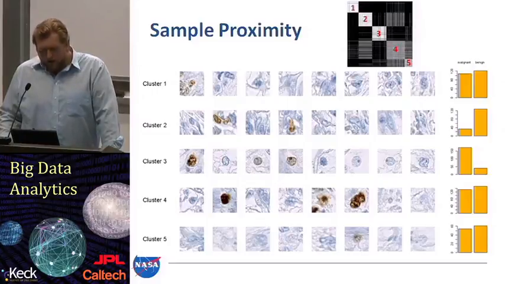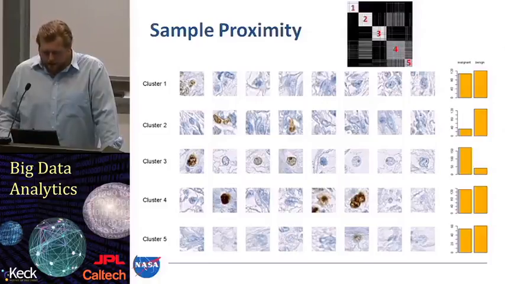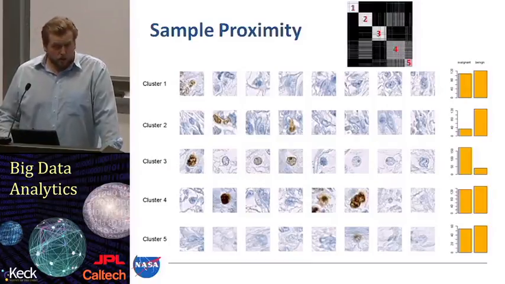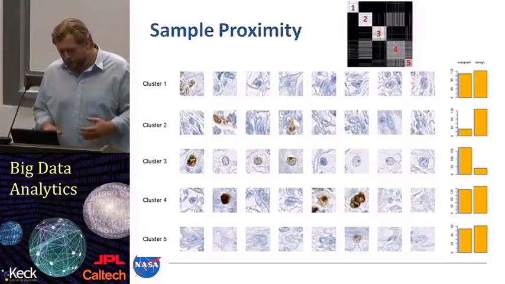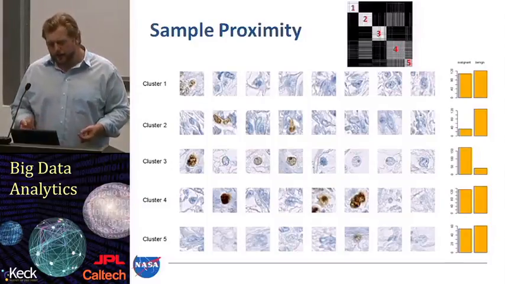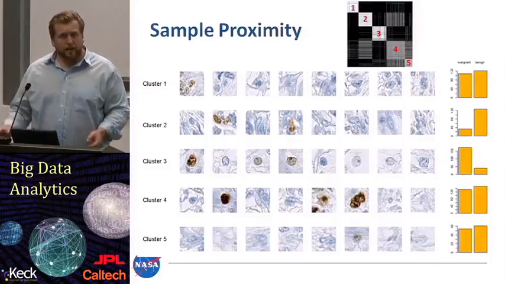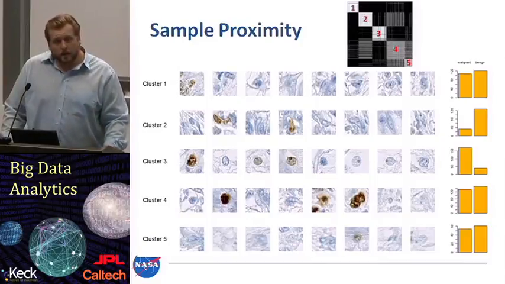For example, 4 and 5, these clusters are very mixed, so you have completely different classes in these clusters, malignant and benign, and as you can see, these patches look quite chaotic. And it's even for experts quite often hard to decide what these nuclei are. So as a conclusion, that step could actually be used for quality control. So imagine a setup where you get new samples, process them in that way, and then you could reduce the analysis to the clusters which only produce very clear malignant or benign samples, or at least very consistent looking samples